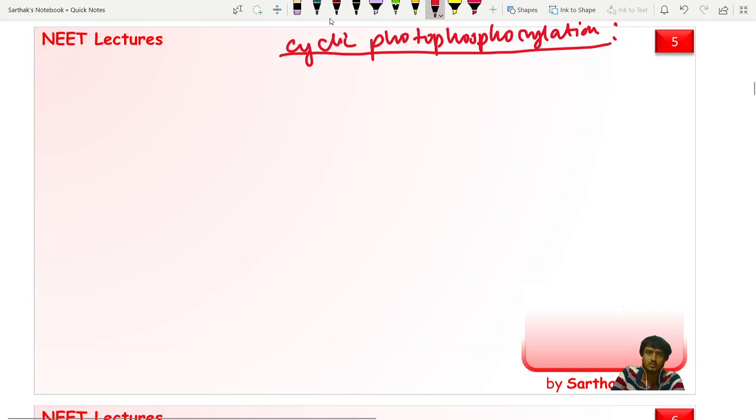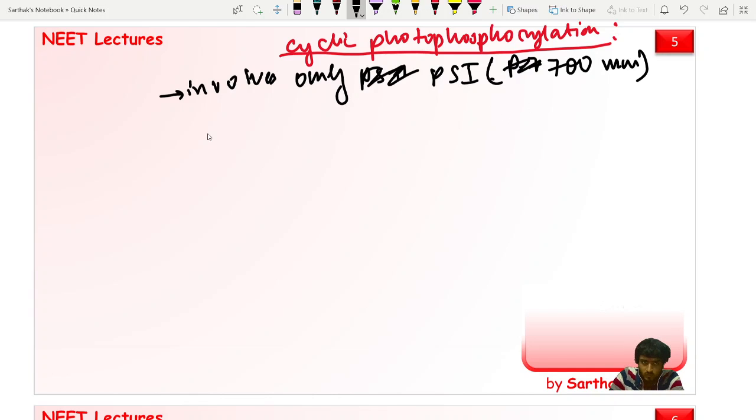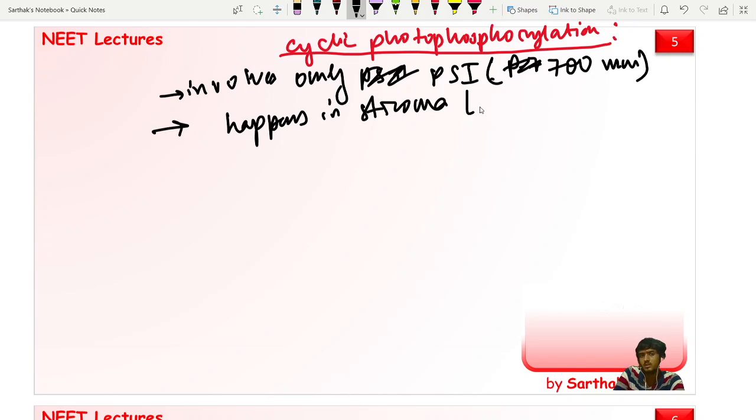The cyclic photophosphorylation involves only photosystem 1, which is active at 700 nanometer. And this cyclic photophosphorylation happens in the stroma